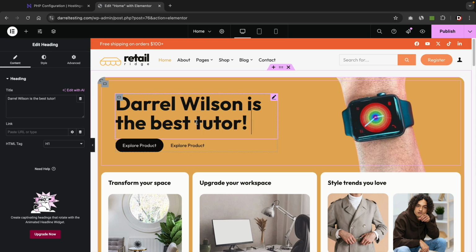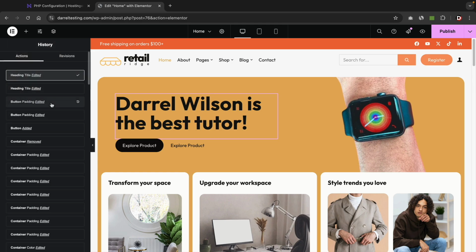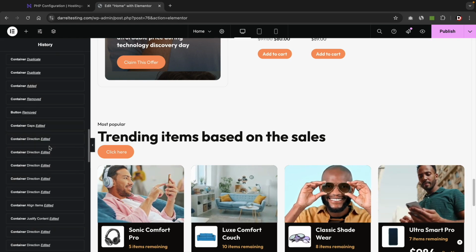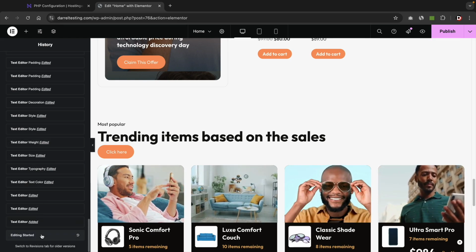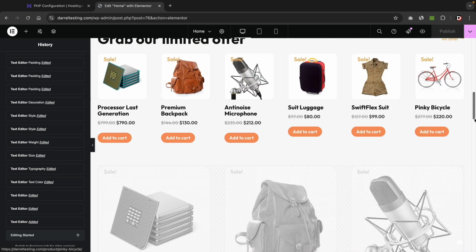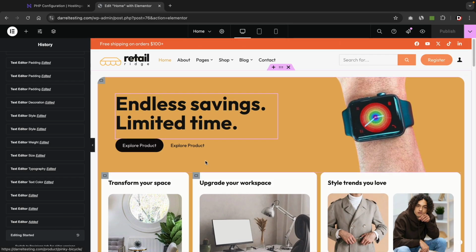Yeah, right? Now, let's say, for example, you disagree with this and you want to go back and change everything. So over here on the top, you'll see this Elementor button. Here we have history. What's cool about Elementor is if you do make a mistake, you can always go back into the past and reverse everything that you've done, right? So what I can do over here is go all the way back to the beginning and click on editing started. And this will take me back to when I first started designing the website. So if I scroll up, you'll see that everything is back to normal when I click on editing started. So this takes me right back to the beginning. And to go back to the elements, I'll just click on the Elementor here as well, uncheck history, and